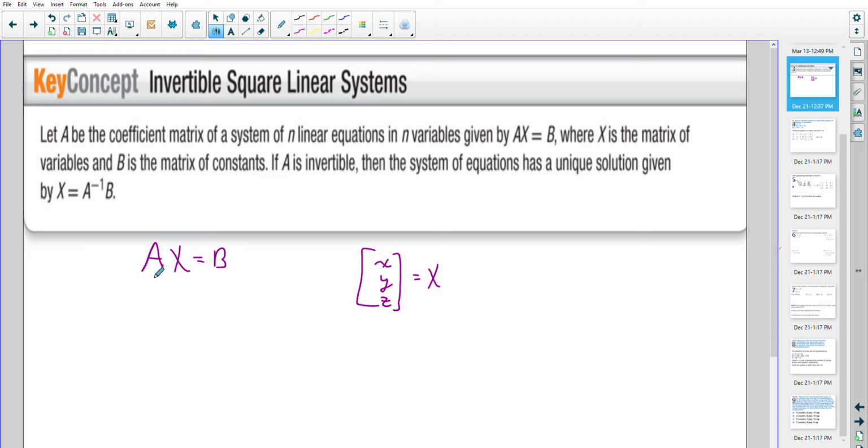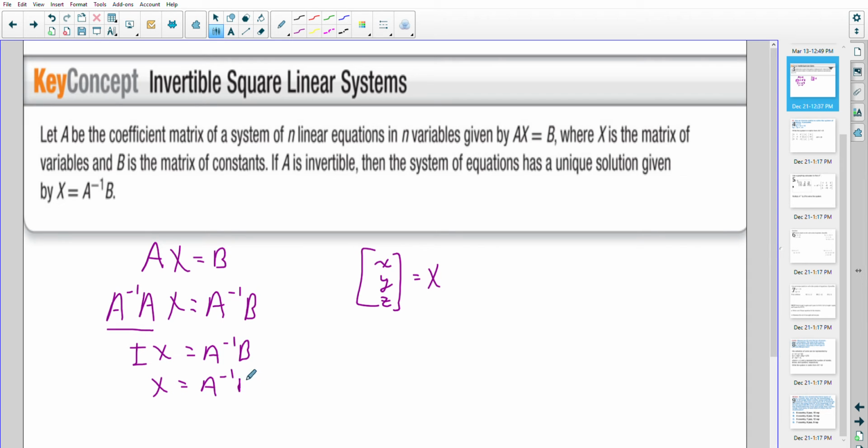To solve for that X, what you're going to actually do is take the inverse matrix A of both sides and know that a matrix times its inverse is known as the identity matrix, and the identity matrix times any matrix is just equal to that matrix. So whenever you want to determine what the variables are, you're looking at taking the A inverse matrix times B